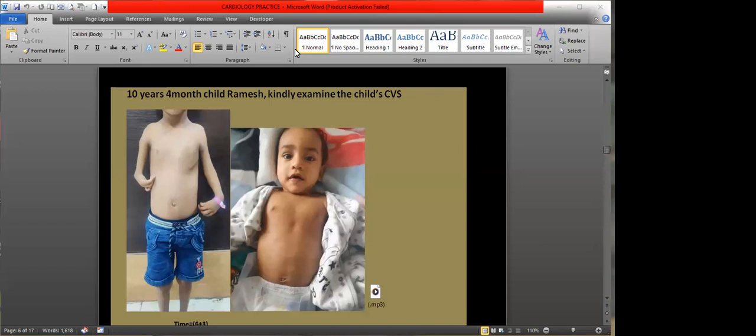After this, I want to palpate if there are any thrills. I'm looking at the apical area, tricuspid area, Erb's area, second intercostal space. No. In the neck, any thrill in the suprasternal area? No. I want to place my hand on the parasternal area to look for any parasternal heave. No parasternal heave. I want to palpate the second intercostal space. Is there any palpable P2 that I can feel? No.